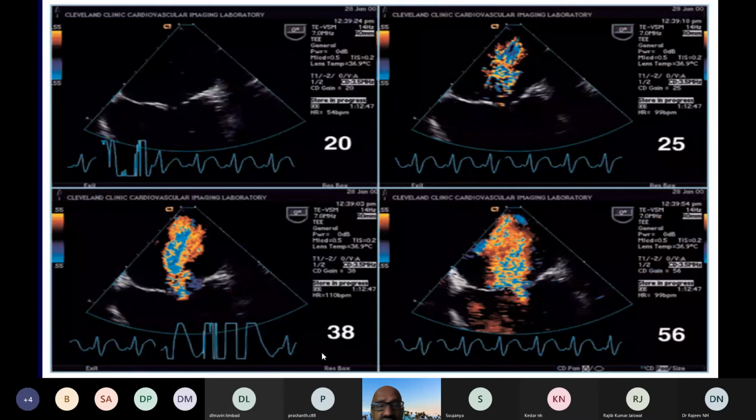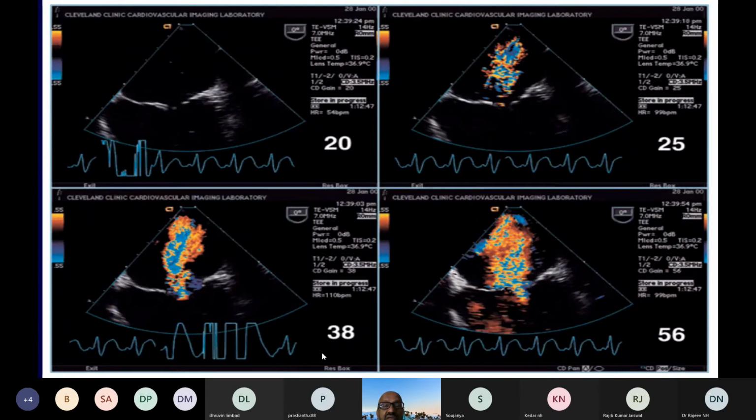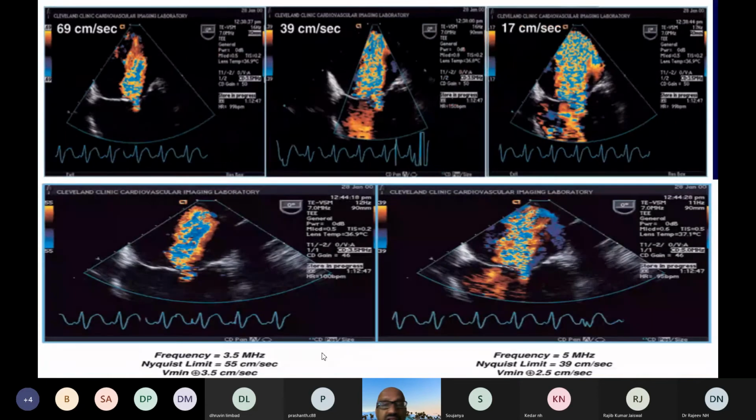But if the scale is altered, you may underestimate or overestimate a color flow signal. This is very important so that we are not measuring wrong color flow Doppler signals unless you use the appropriate settings of the color gain and frequency settings on the